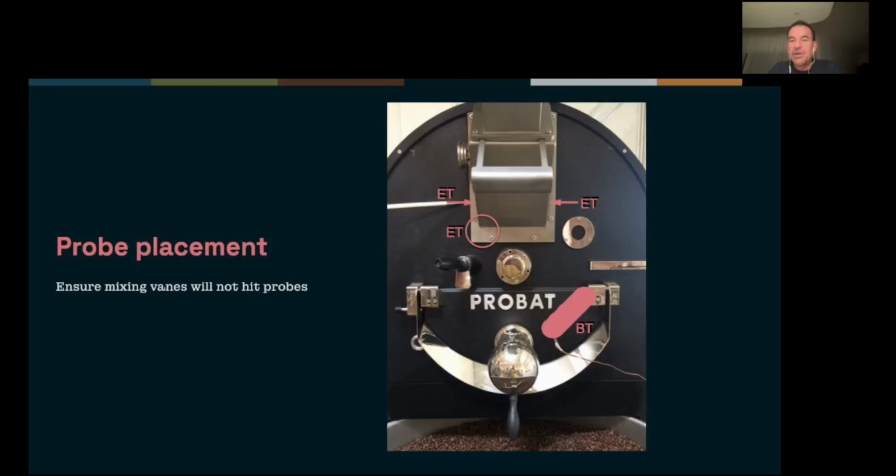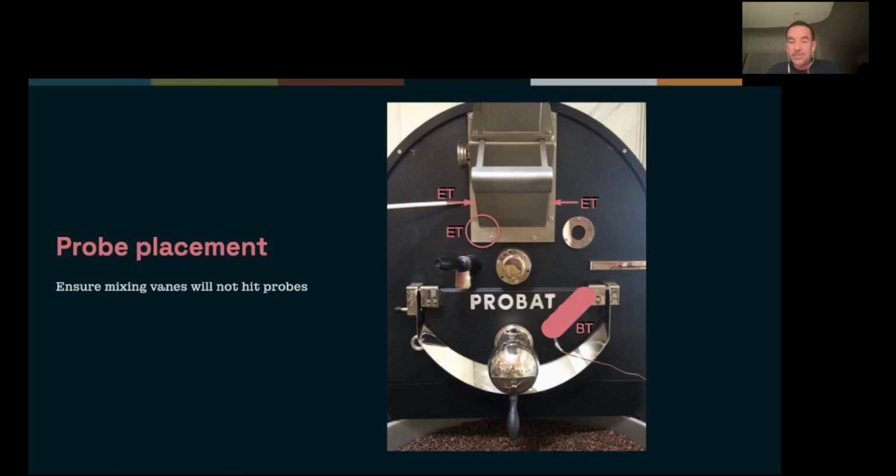we would still get good bean temperature readings. And so if the bean probe is in the optimal location, so in this case, this drum is spinning anti-clockwise or counterclockwise. If you put the probe somewhere in that pink swatch, you'll get very good bean temperature readings, even at very small batches, let's say down to about 20% of machine capacity. If the probe is much closer to the center of the drum, you might need to do quite a large batch to get high quality bean temperature readings, because otherwise the probe is mostly touching air